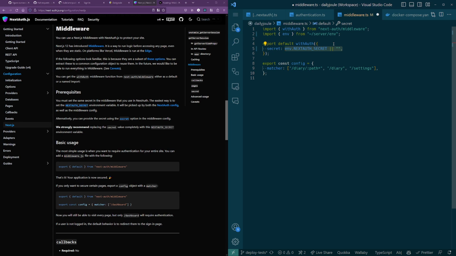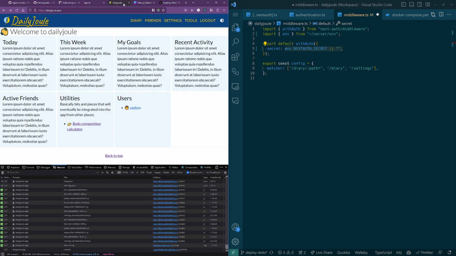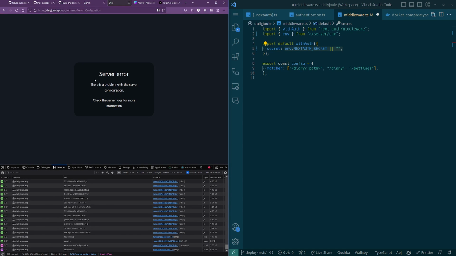It's trying to read from that environment variable, and that's failing, and we get this error in the server log behind the scenes, like the thing that we saw when we go here. There's a problem with server configuration. Server log says you didn't set the next auth secret, which is an error in production, and it should be. You should be setting that. The issue is that the middleware, again, tries to look for the environment variable that doesn't exist. So why can't we just pass this? Well, this file,